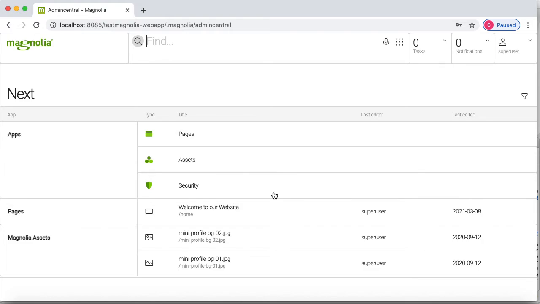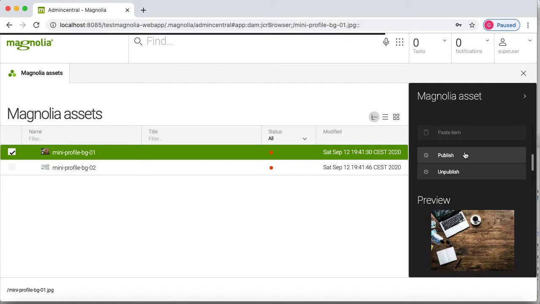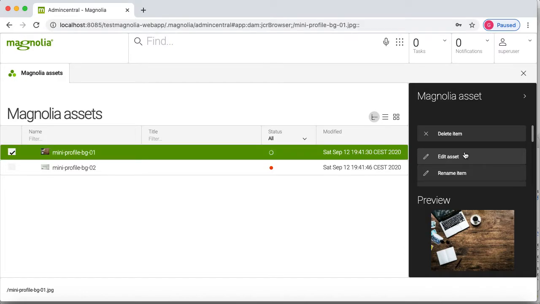I will take this asset and push it to the public server. I will use the publish link here. After completion, you will get the notification, and you can see this is successfully published.